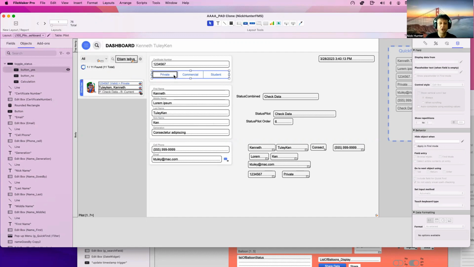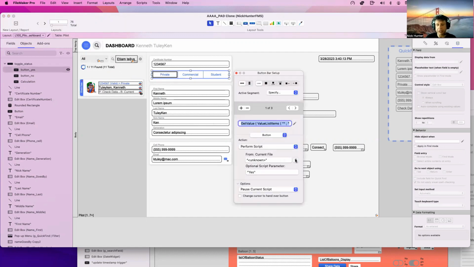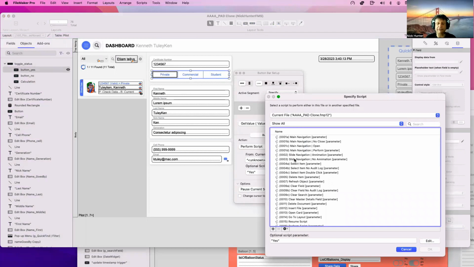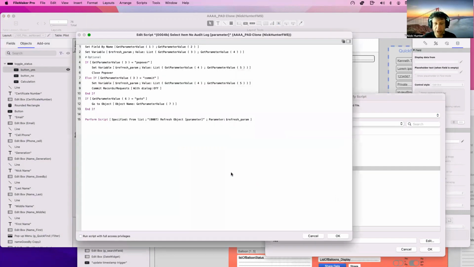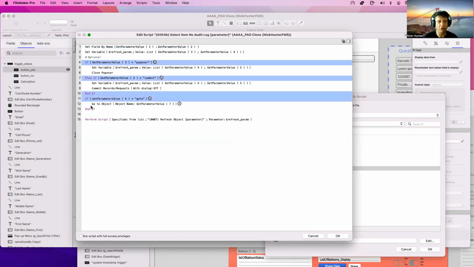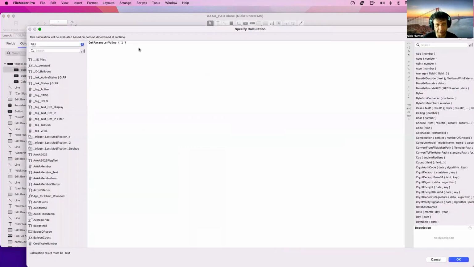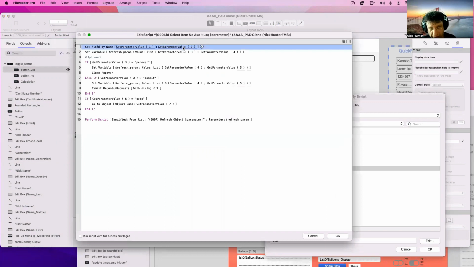Right. So now I want to set a field. So I have a universal script where I can set a field by name, right? What this script does is set the field by name, and then I have options with parameters. So the first parameter is always the name of the field. The second parameter is whatever I want to put in the field. Then I can